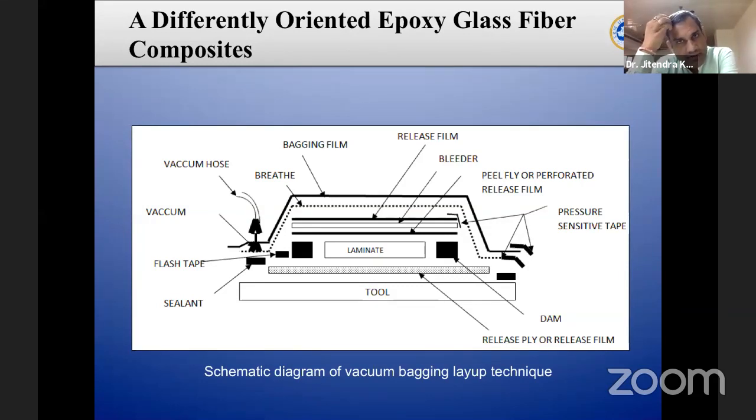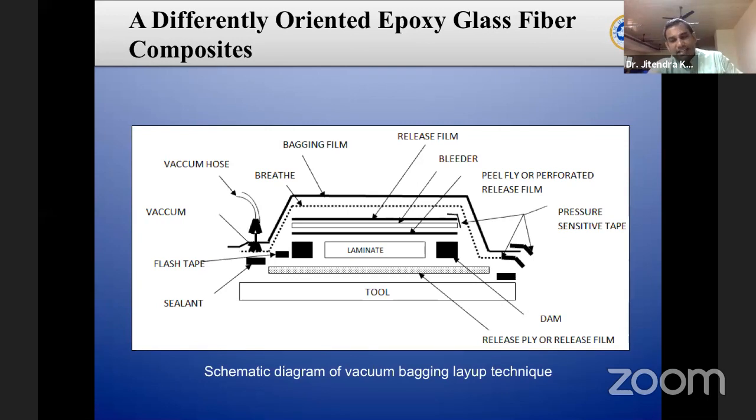He just mixed graphene and multi-wall carbon nanotube nanoparticles into that particular epoxy glass fiber composite, and then performed mechanical tests like tensile, flexural, impact, and fatigue tests. For structural application, he used the vacuum bagging layup technique, because in epoxy-based or polymer-based composites,